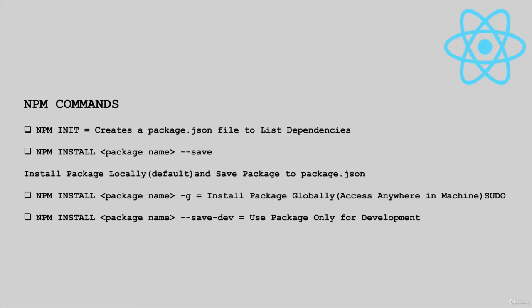We have npm init to create our project manifest file, which will list our dependencies. npm install package-name with the --save flag will install the package locally and add it to our dependencies. npm install package-name with the -g flag will install the package globally, so we can access it anywhere on our machine. Keep in mind though, it might ask for permissions, so you need to run it with sudo and then